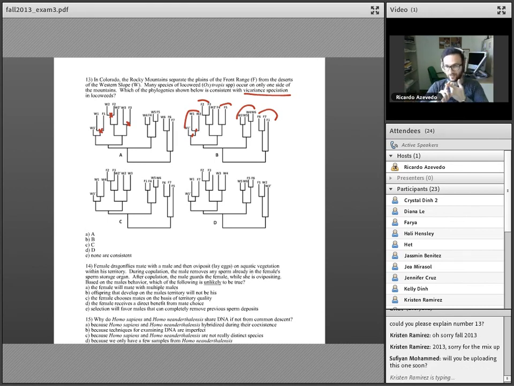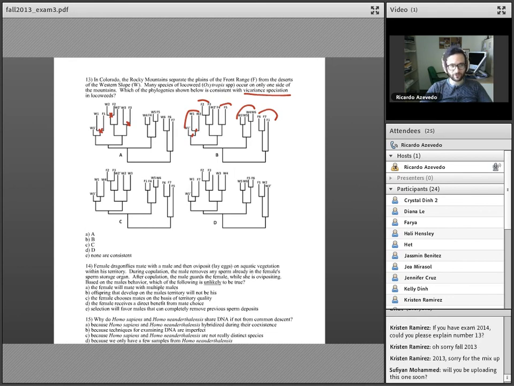Because it's allopatric speciation. So let's look at the ones that are wrong. Like in B, all these three branches have W, and you have two speciation events, right? So both